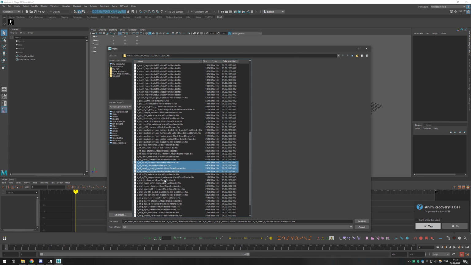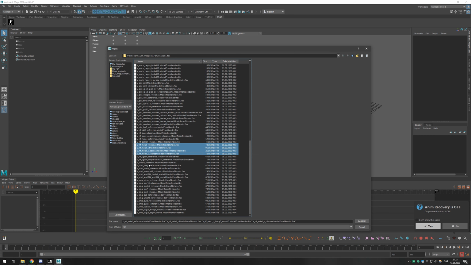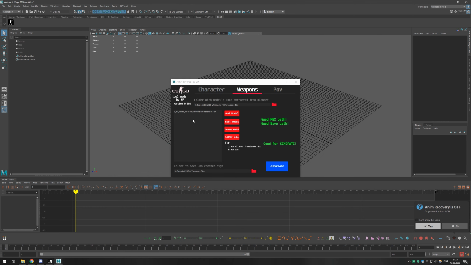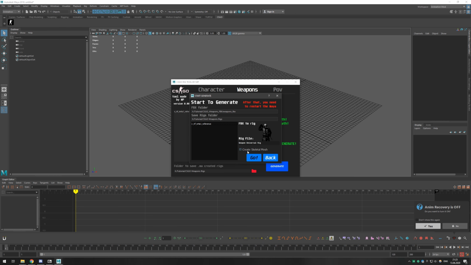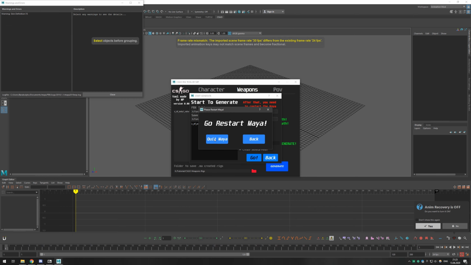Oh wait, there are reference folders, 5 files. Well, I'll just go with M4A1. That's it. I will have just one model to show you how it works, because it takes time, as you can see. So generate, and once again create skeletal mesh. It's very important. Go, save the current scene, no. And we are done again.